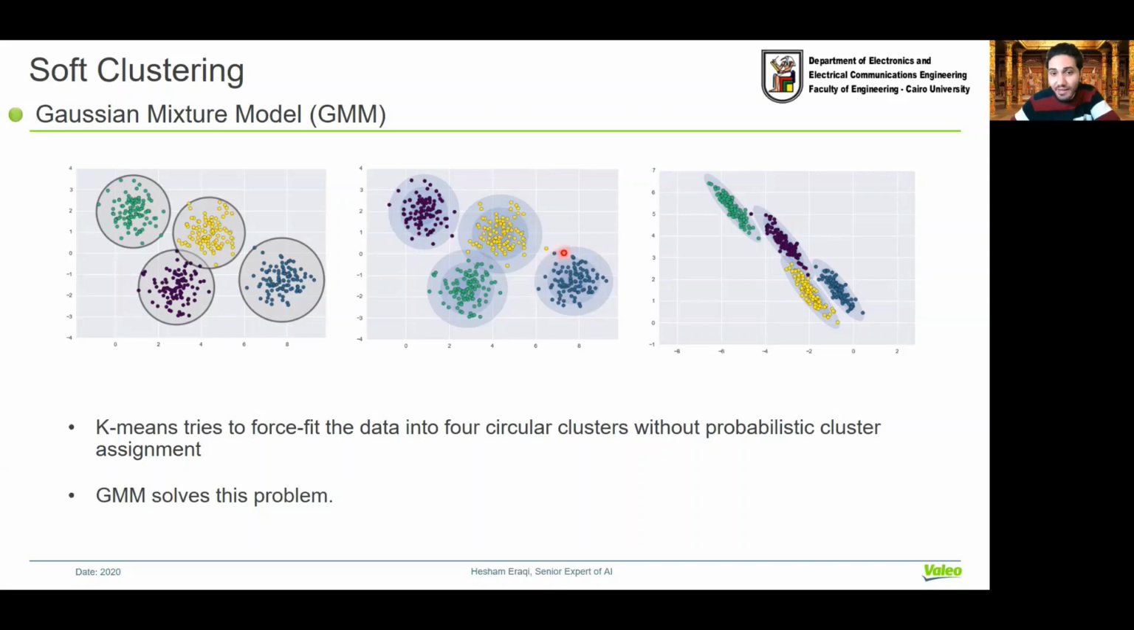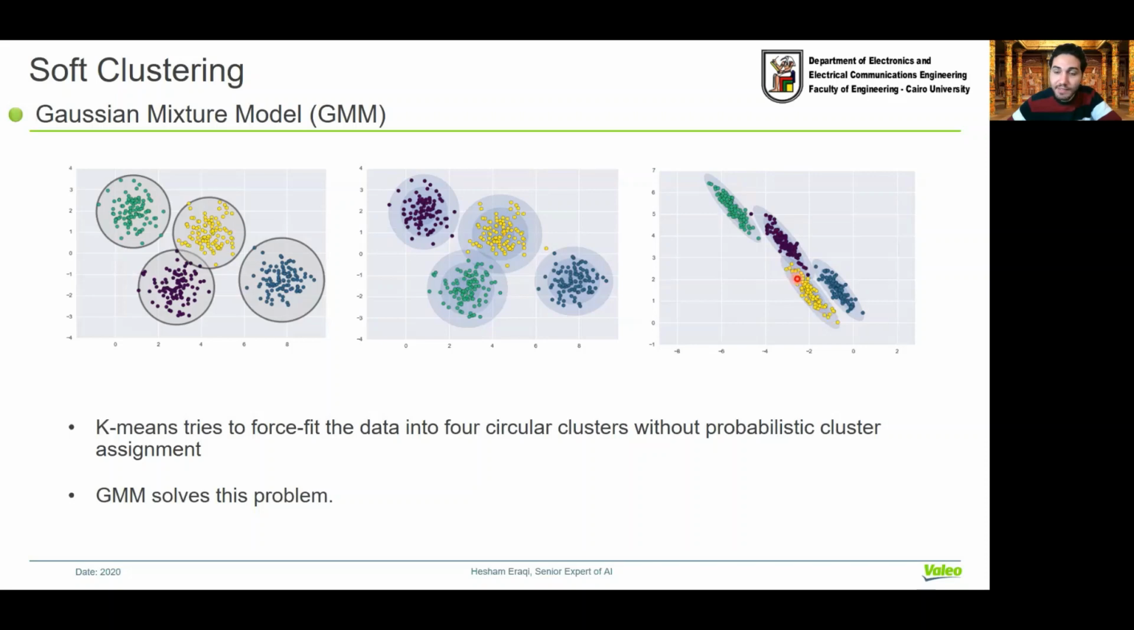It has a higher score for the blue. This is why it was assigned at the end of the day to the blue, but the confidence was not very high. Okay, and the same for this point. The more the points tend to be in the core of the cluster, the more the weight or the confidence of assignation will be. And if you give a Gaussian mixture model data like this,